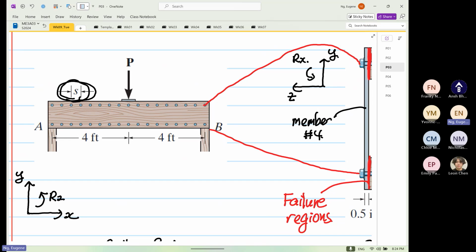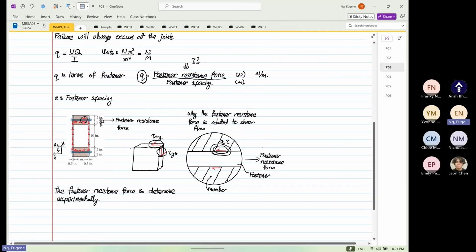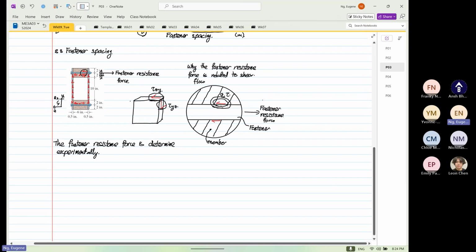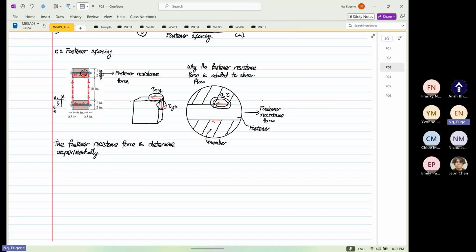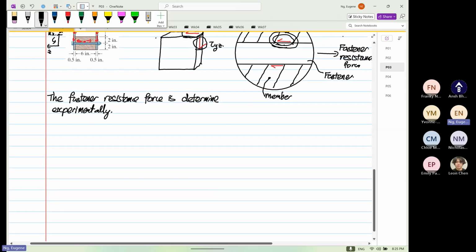Okay, there are two rules that we have to know when doing this analysis, and these are the most critical, because if you don't understand this concept, then formulating this calculation is going to be difficult. So we're going to put in two extra rules. Okay, so for longitudinal shear,